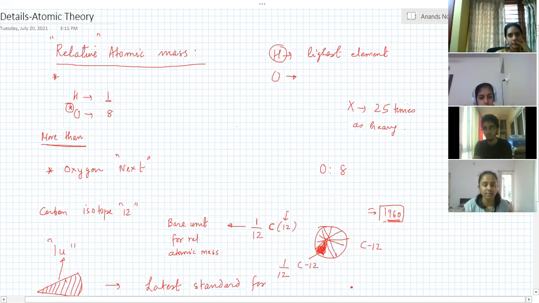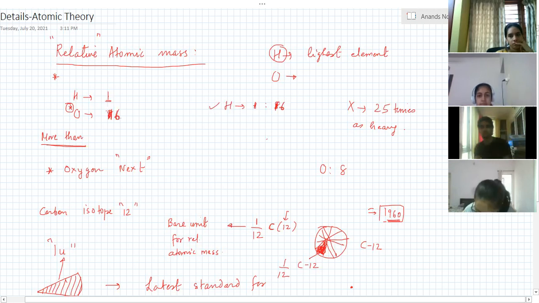Yes, sir. Okay, so this relative atomic mass has got its own history, with hydrogen being the first standard. Hydrogen is 1 and oxygen is 8. Possibly because of the law of constant proportions, the way hydrogen and oxygen combine, they decided to give that scale. Actually, hydrogen is 1 and oxygen is not 8, oxygen is 16. So hydrogen is 1 and oxygen is 16 scale.